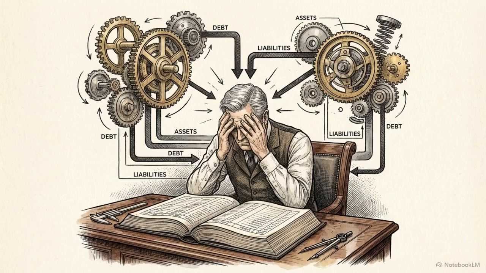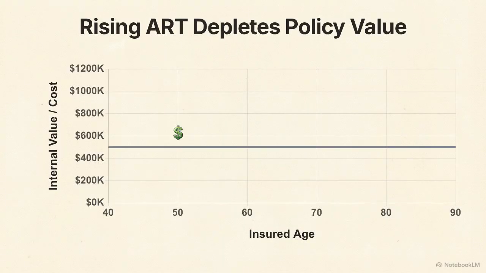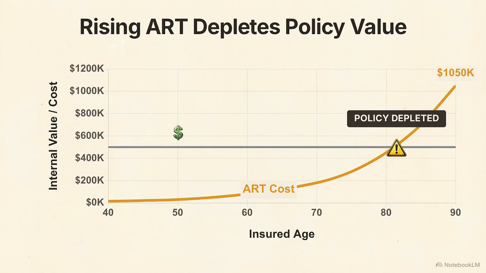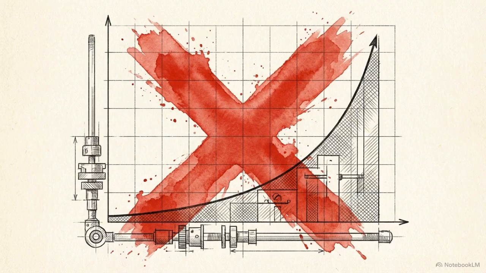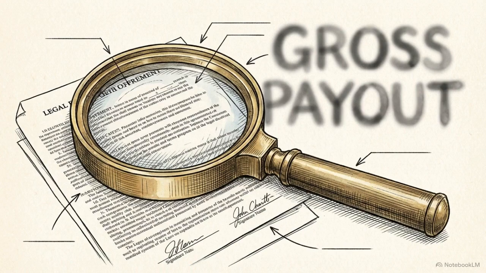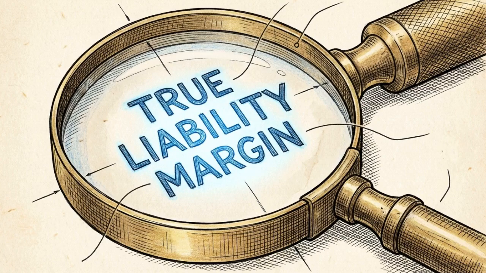This strategy often faces a specific critique from mainstream financial commentators. They argue that holding permanent insurance into old age guarantees exorbitant internal fees. The claim is that the annual renewable term, or ART, the internal cost to insure your life, will skyrocket as you enter your 70s and 80s, eventually depleting the policy. While true for poorly designed contracts, this is a fallacy when applied to a properly structured policy. Dismantling this misconception requires looking past the total death benefit and examining a metric called the net amount at risk.